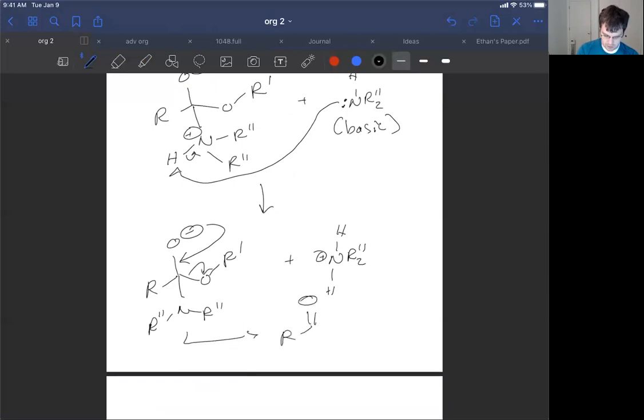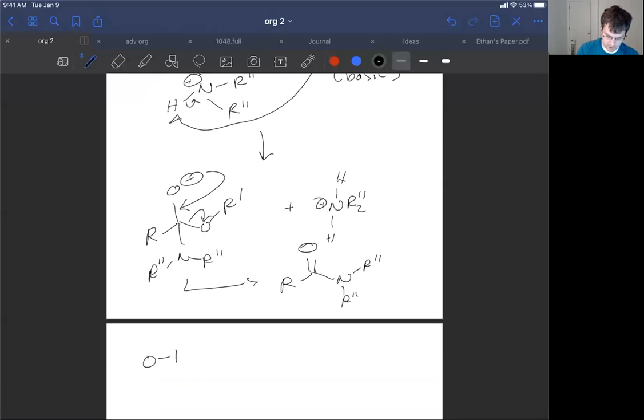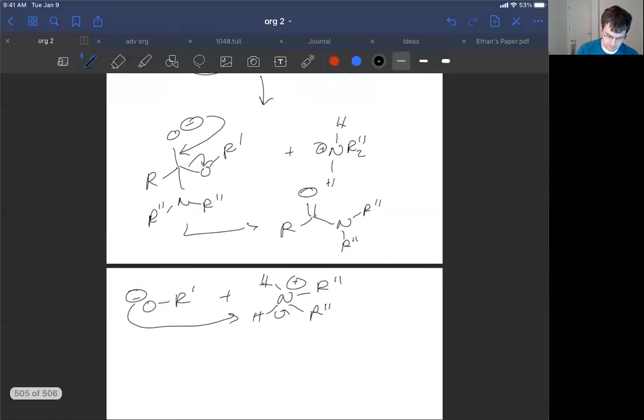And we see our amide get formed. Now, what about our alkoxide and our amine? Well, our alkoxide that results, the negative charge, reacts with the secondary amine that's been protonated, by picking off the hydrogen, and then we get some HOR prime, and now our secondary amine is ready to go. Okay, so that's a mechanism that I would propose to get to the amide from the ester